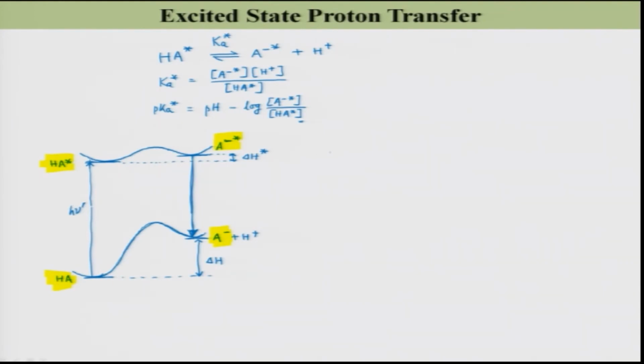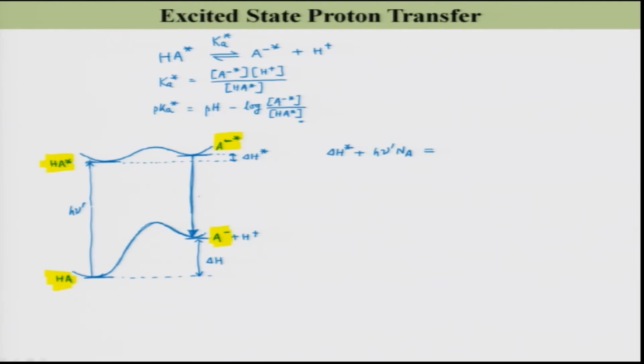So, I can write delta H star plus h nu prime multiplied by Avogadro number, right. That should be equal to,